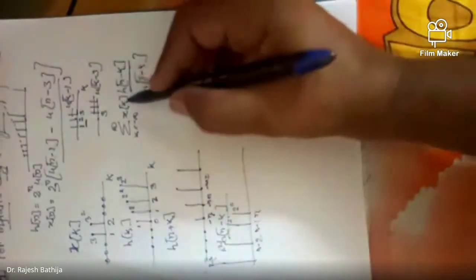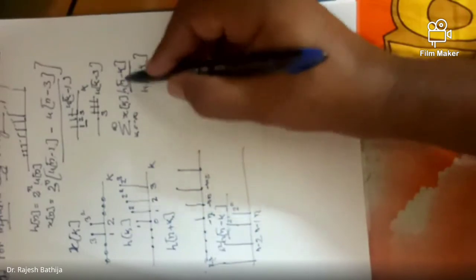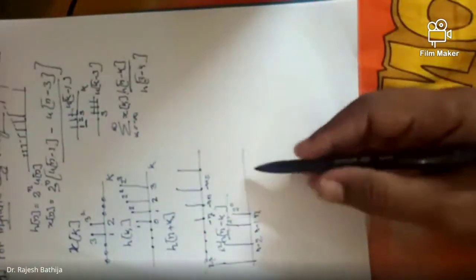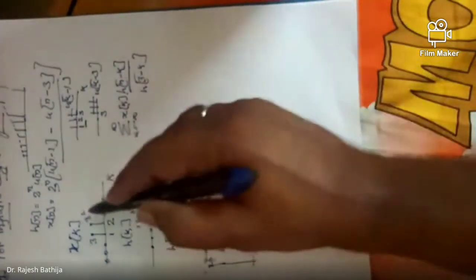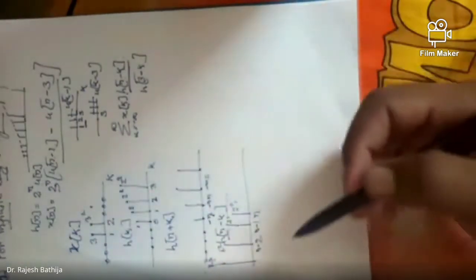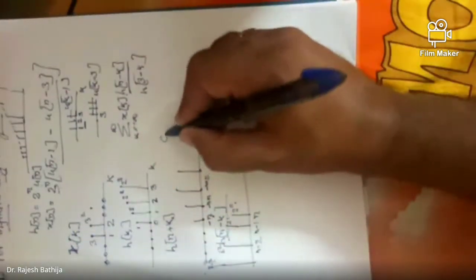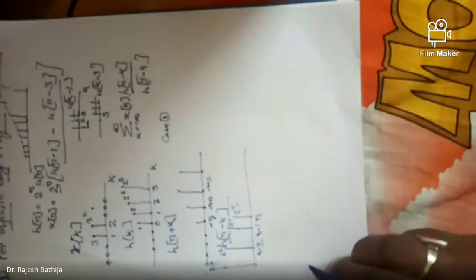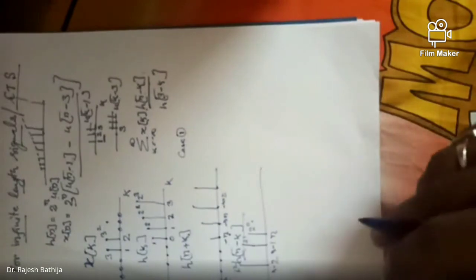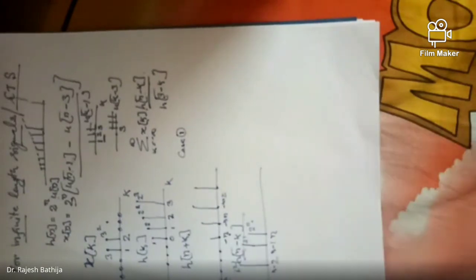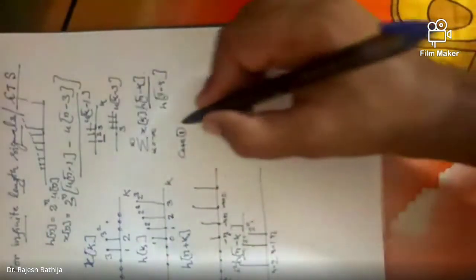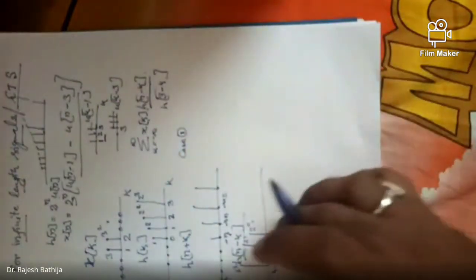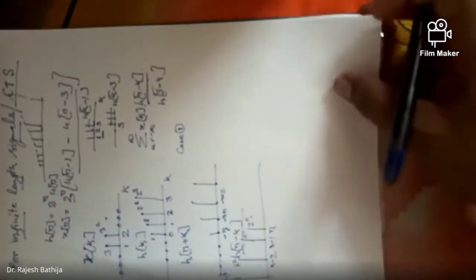Now, what is our formula? x of k multiply with h of n minus k. Now, what I have to do? I have to multiply this with x of k, right? How do I multiply? For this, we take different cases. Case first. Now, remember, this convolution problem will always come in the exam. So you have to be very cautious about doing this thing and learning this thing, right? So first case is, how do we approach? We roll. Now listen carefully again.